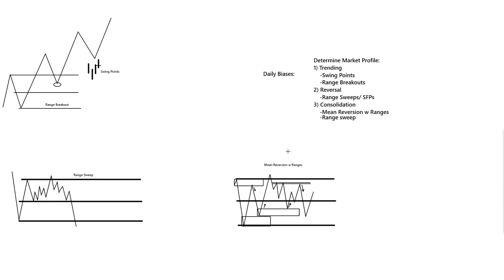This is just quick and dirty ways for me to establish biases. So when we're looking at trending markets, the easiest one is the range breakout. The way I like to use the range breakout is also in confluence with market structure. The reason that I use both of them together is because it helps you clarify what the